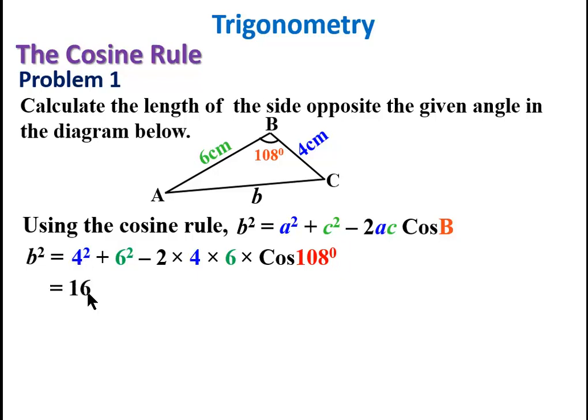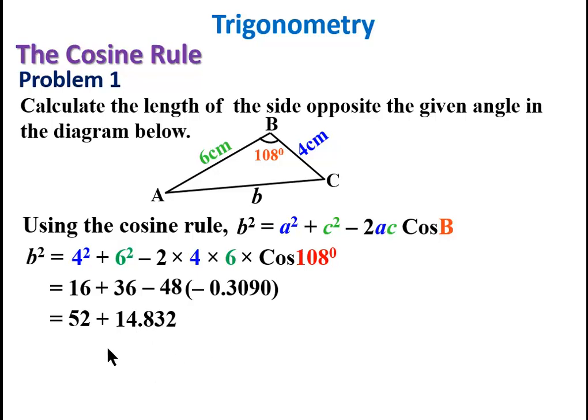So 4 squared is 16 plus 36. 2 times 4 gives 8, times 6 is 48. That's minus 48. We now find cos 108 degrees from our calculator, which is negative 0.3090. 108 degrees is in the second quadrant, so that's why it is negative. So simplifying this is going to give us 52. Negative 48 times negative 0.3090 gives positive